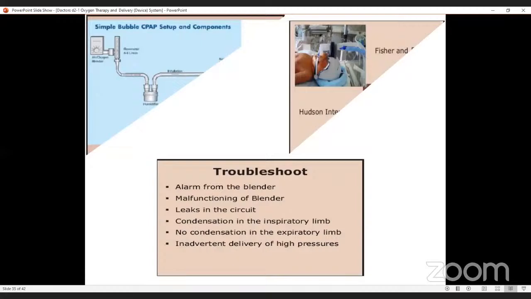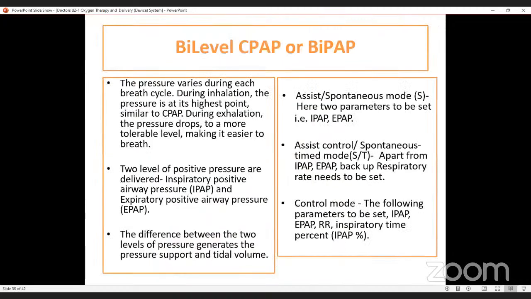अगर कुछ गड़बड़ हो रही है, ब्लेंडर से अलार्म बोलेगा, ब्लेंडिंग में गड़बड़ हो रही होगी। मालफंक्शनिंग ऑफ द ब्लेंडर का अलार्म होगा, तो हमें देखना पड़ेगा, तब तक हमें बेबी को किसी और तरीके से ऑक्सीजनेट करना होगा। लीक्स इन द सर्किट का अलार्म बोलेगा। कंडेंसेशन इन द इंस्पिरेटरी लिम्ब। यूजुअली ये जो अलार्म होते हैं इनकी साउंड्स डिफरेंट होती हैं, तो हम धीरे धीरे पहचानने लगते हैं कि अच्छा, इस वजह से होगा। नो कंडेंसेशन इन एक्सपिरेटरी लिम्ब का मतलब कि मॉइस्चराइजेशन कम हो रहा है। इनएडवर्टेंट डिलीवरी ऑफ हाई प्रेशर्स अगर हो रही है तो भी ये अलार्म बोलेगा।